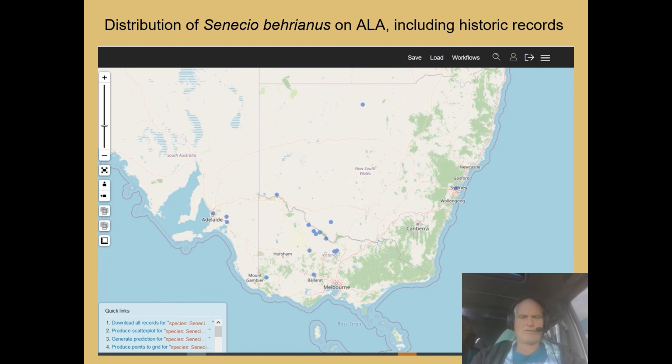There's a real cluster here, and this is the stronghold of the species currently, sort of north-central Victoria. There is this population down here in Ballarat. It's quite a good population. But historically it was over near Casterton and in South Australia over here down near Murray Bridge. So as I said, it was quite widespread, but most of these are historic records, and all of the more recent records are really this cluster here in central Victoria.